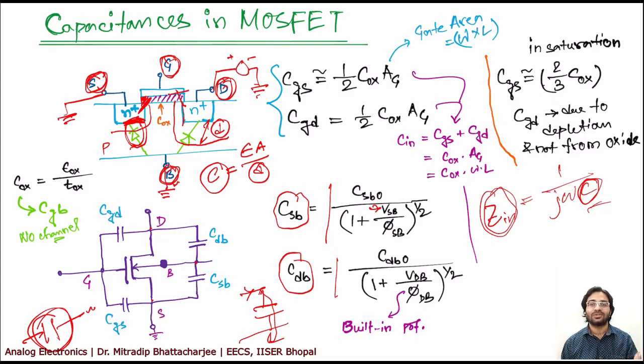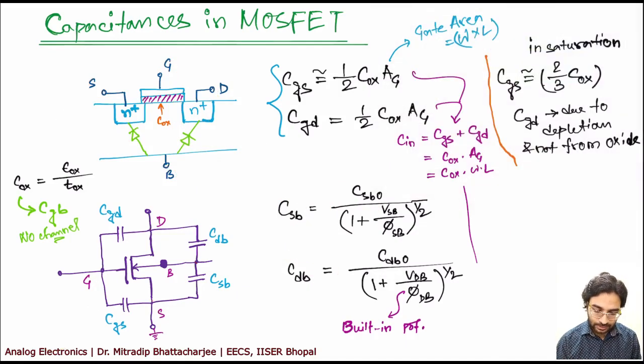So whether higher is good or lower is good depends on where exactly that capacitance is appearing and what is your intention to do with this circuit, right? So it is not a straightforward answer. However, you should remember, if C is high, your Zin is low, and if C is low, Zin is high, the opposite. Okay, so you have CSB and CDB values, which is essentially the reverse bias capacitance, and these are the built-in potentials of source bulk and drain bulk junction.